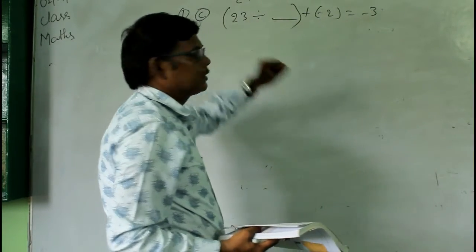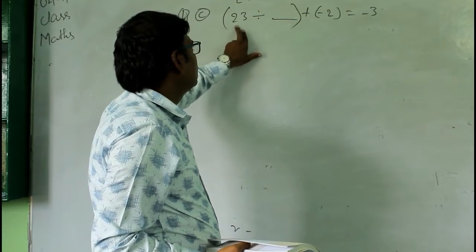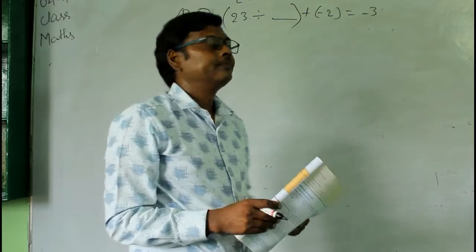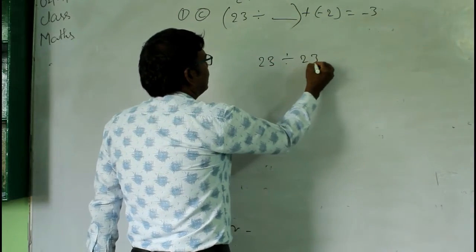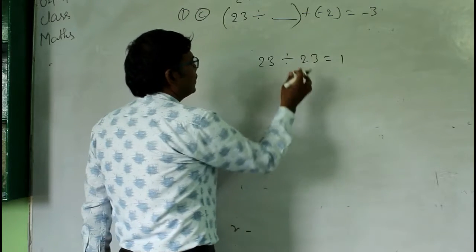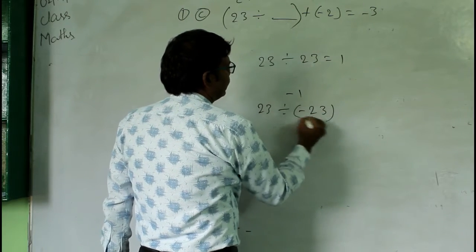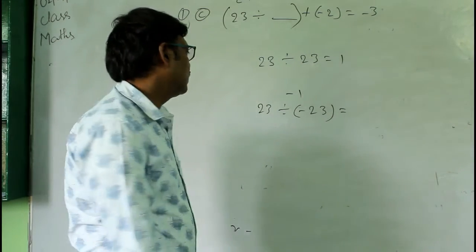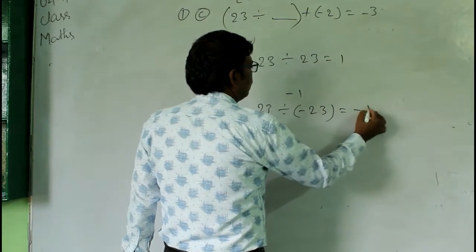अब यहाँ पर -1 कैसे आएगा? यहाँ पर ये 23 है, तो 23 को 23 से डिवाइड करने से क्या होगा? 1 होगा. ओके, 23 को 23 से डिवाइड करने से 1 होगा, लेकिन हमको चाहिए -1. तो इसके लिए क्या करना पड़ेगा? हमको 23 डिवाइडेड बाय -23 करना पड़ेगा. तो इसलिए 23 डिवाइडेड बाय -23 विल बी इक्वल टू -1.